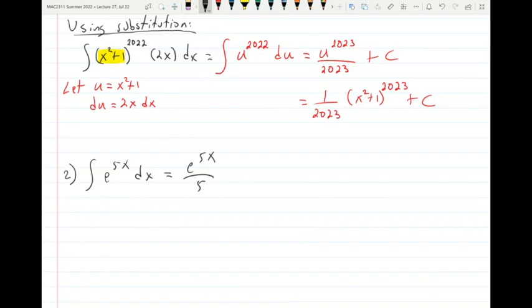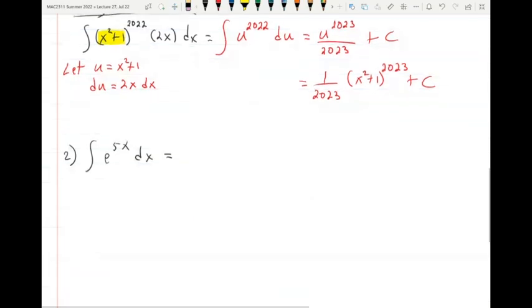Just to compensate by the chain rule. To compensate that times 5 that you obtain, you divide by 5 to cancel it when you take the derivative. And that's going to give you e to the 5x when you take the derivative. Remember, to check, what you do is take the derivative of this, and it has to give you this. Okay? Now, instead of using that reasoning, which is what you should do to quickly do a problem like this,